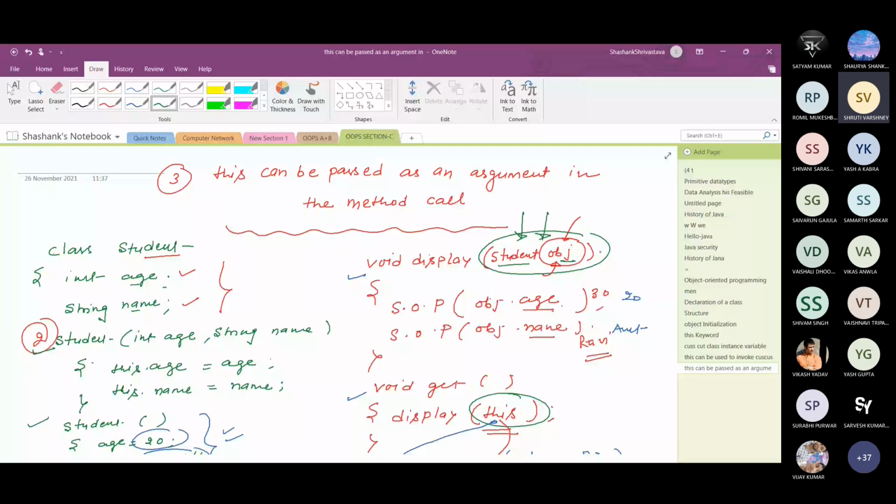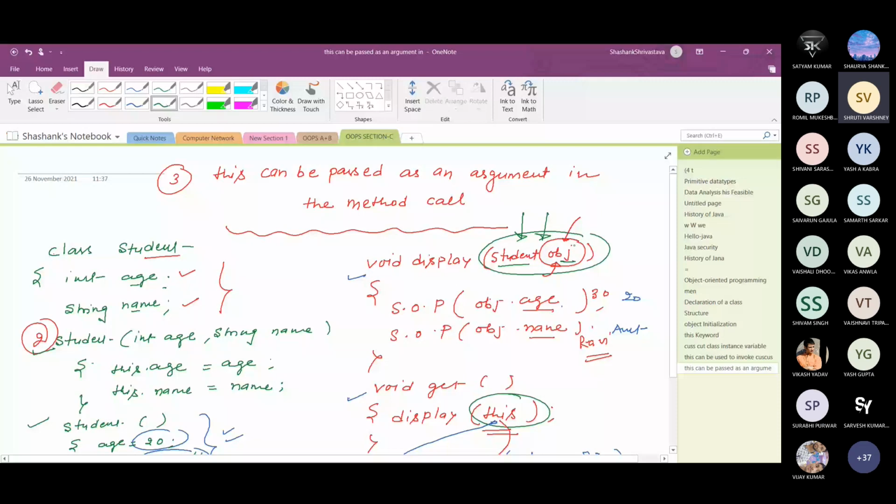Any question here till now? Okay. Now, if there is no question, this can be passed as an argument in the method call.